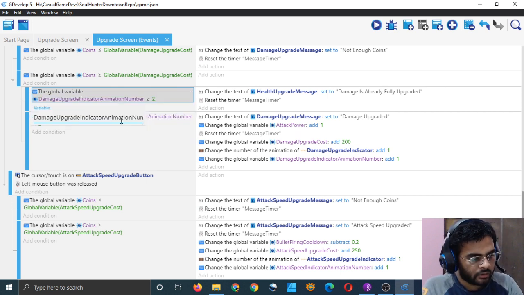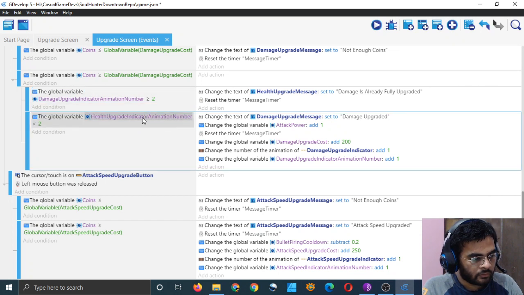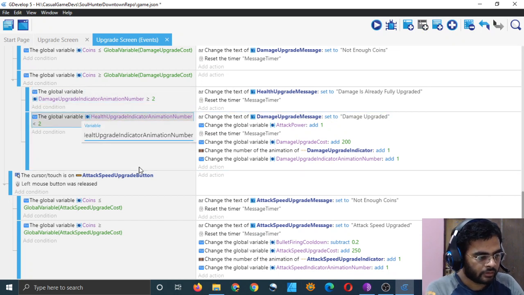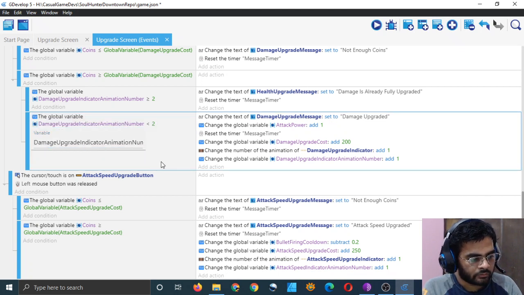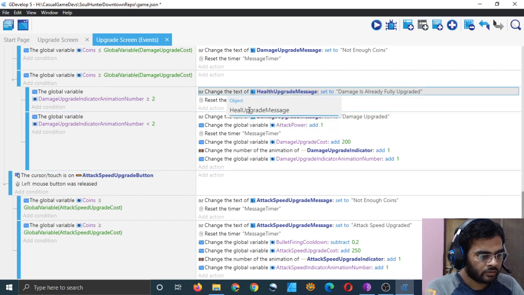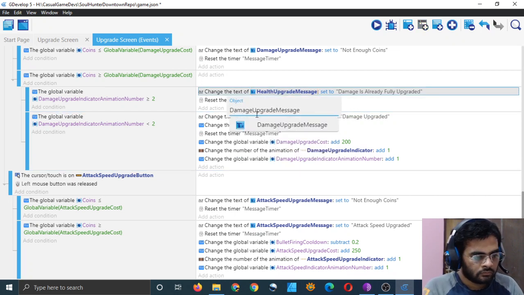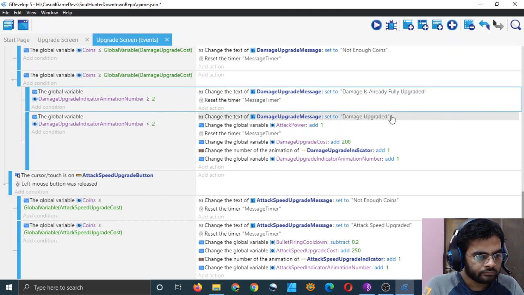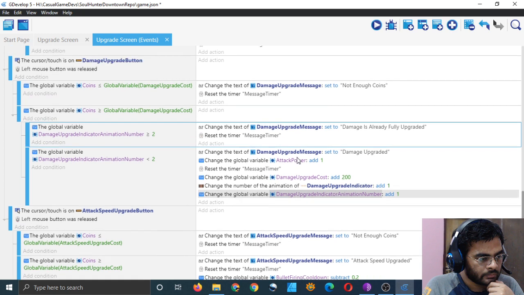Damage upgrade indicator. Oh, here also damage upgrade indicator. Damage upgrade indicator. Here also damage upgrade message. Damage upgrade message. Method timer. Damage upgraded. Damage. Okay, cool.